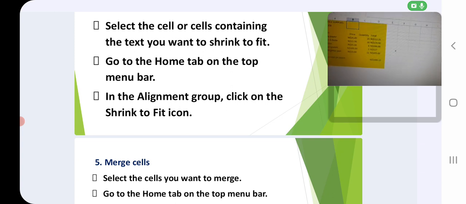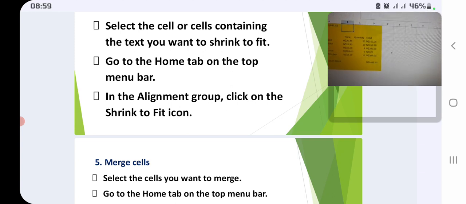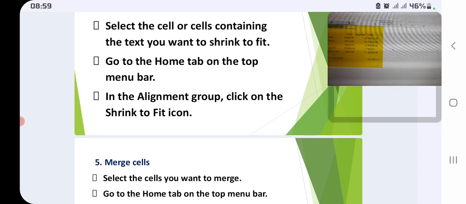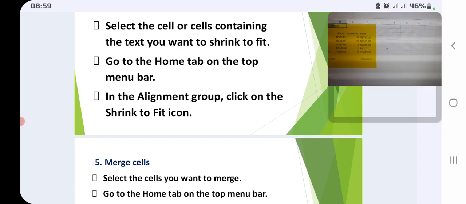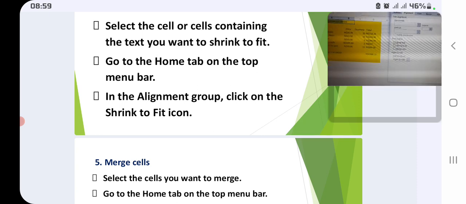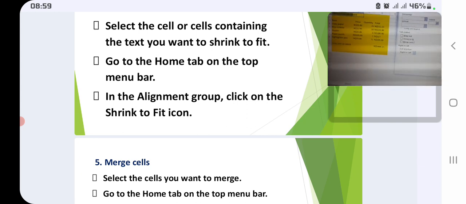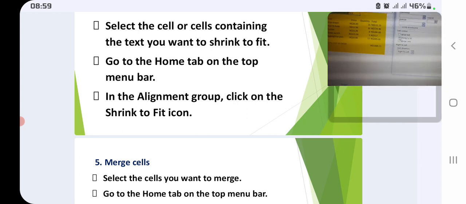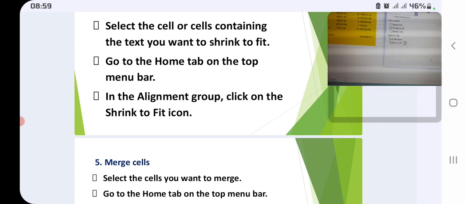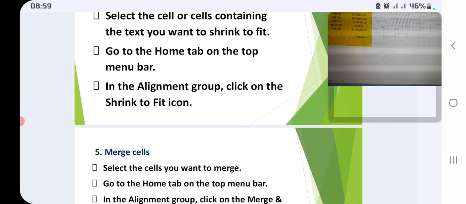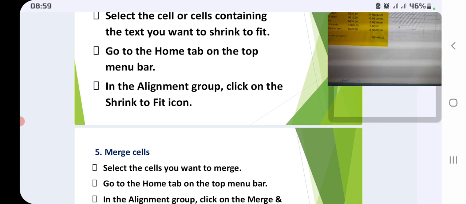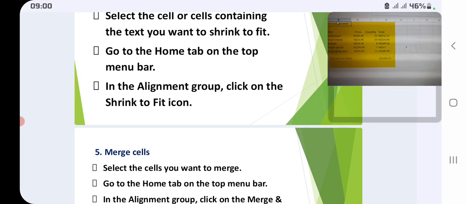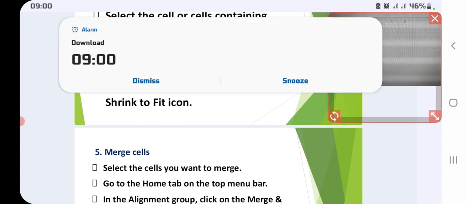Let's try. First you have to select. I have already selected the office supply order, and then I have to go to the orientation group and click on shrink to fit. After that I have to press OK. And then OK. Yes, we have shrunk our text so it can fit in one cell. Okay,